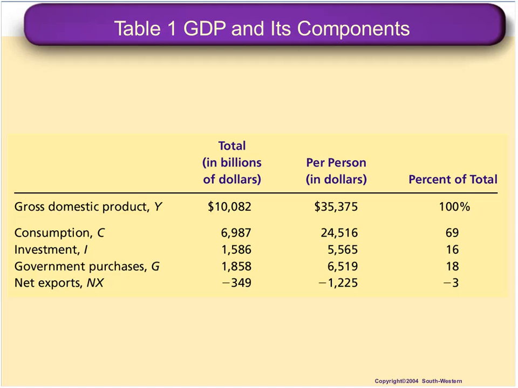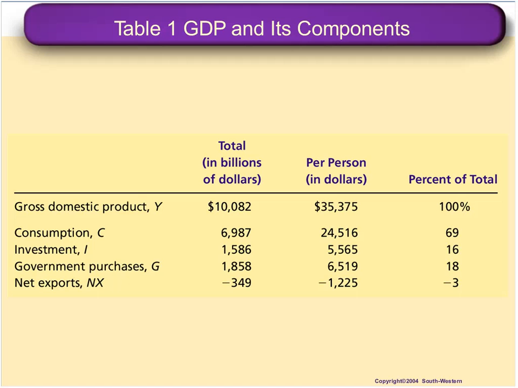For example, consider the GDP of a certain country, 10 point something per person in dollars. Usually you divide your GDP by the population, and you get the per person or per capita. The percent of total is now definitely about the whole GDP, 100%. So look at the different things that are going to be part of GDP.